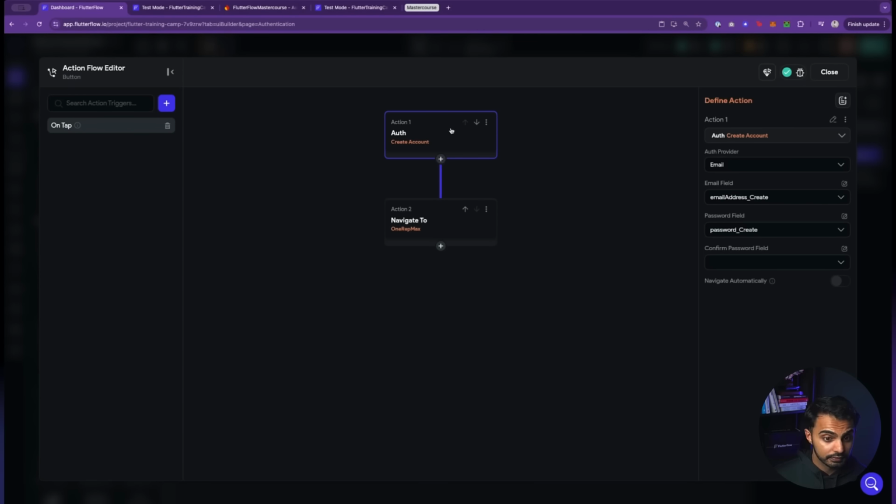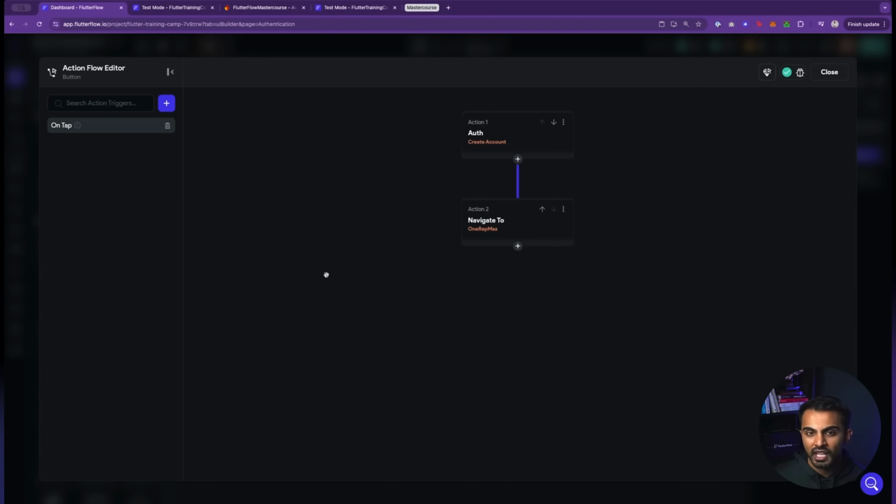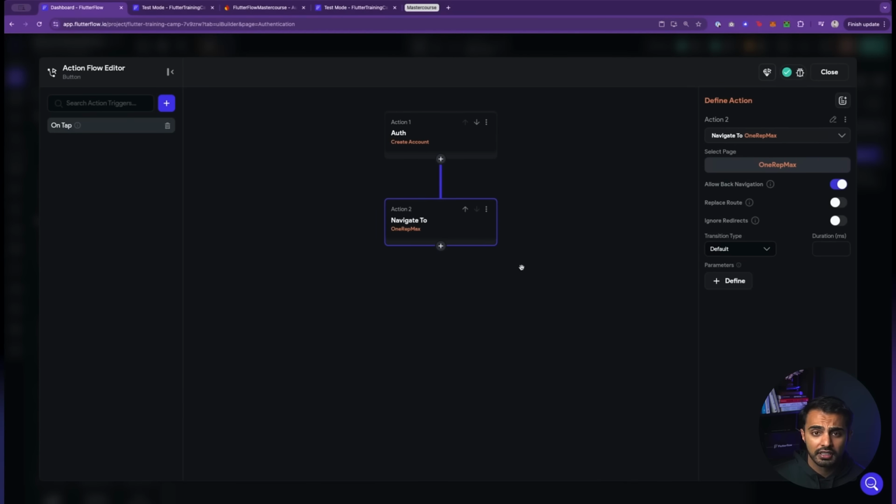For example, like if I'm creating an account for the first time, I want to send my users to an onboarding flow sometimes. So I would turn off this navigate automatically and then manually navigate them to the first step of my onboarding flow. I talk about the importance of onboarding flows and how you can use them to create high converting revenue generating apps inside of Dreams into Apps. I give my whole self-selling onboarding flow framework.